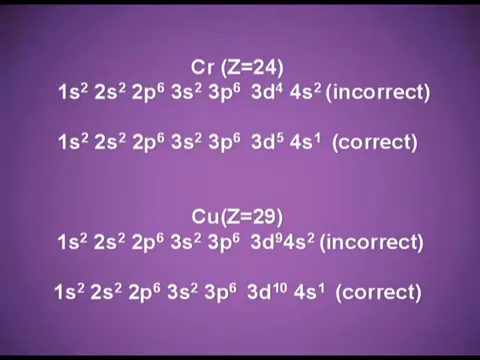Chromium, atomic number 24. As per keeping in mind all the first 3 rules, that is the Aufbau principle, Pauli's exclusion principle and Hund's rule, the electronic configuration of the chromium comes out to